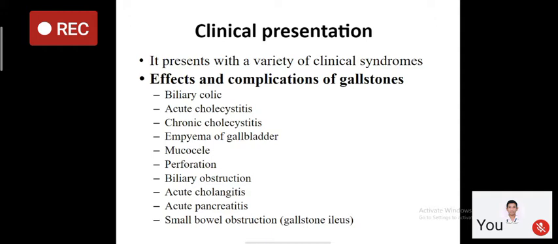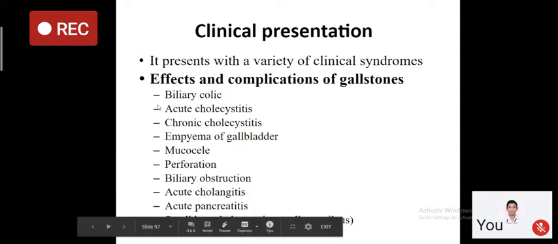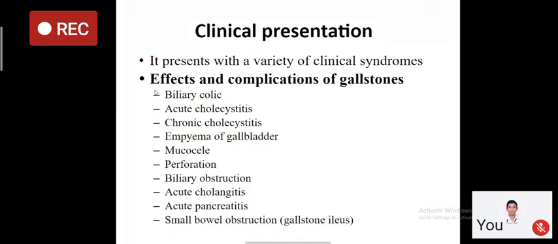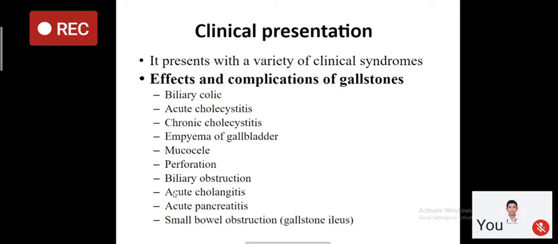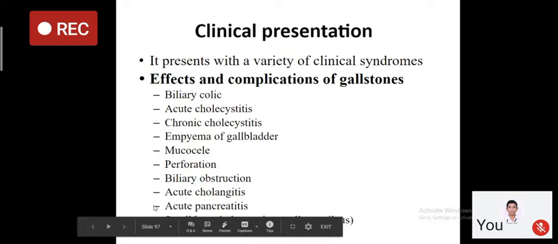So these are the different presentations, effects and complications of gallstone. So how can a gallstone present? It can present with a variety of clinical syndromes which include biliary colic, acute cholecystitis, chronic cholecystitis, empyema of the gallbladder, mucocele, perforation of the gallbladder, biliary obstruction, that is choledocholithiasis leading to obstructive jaundice, acute cholangitis, where the patient will present with pain, fever, jaundice, the Charcot triad, acute pancreatitis,